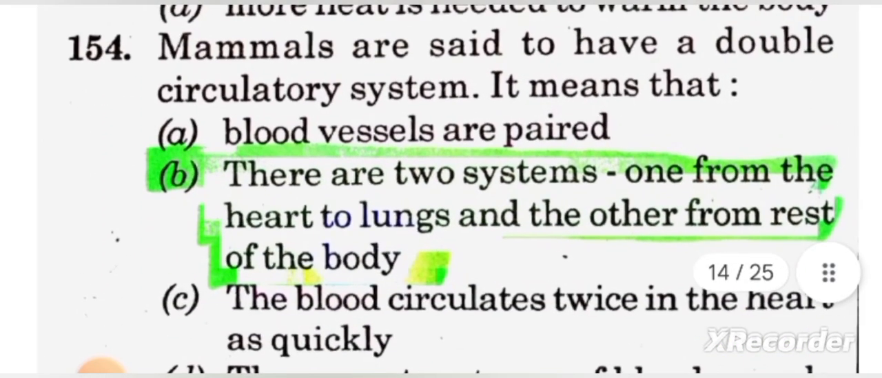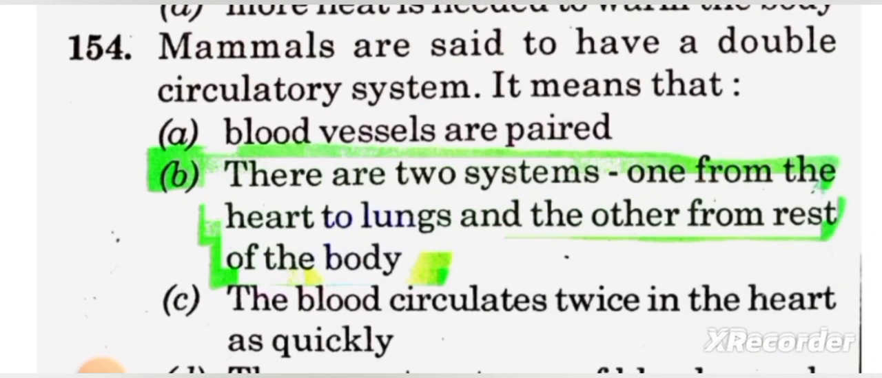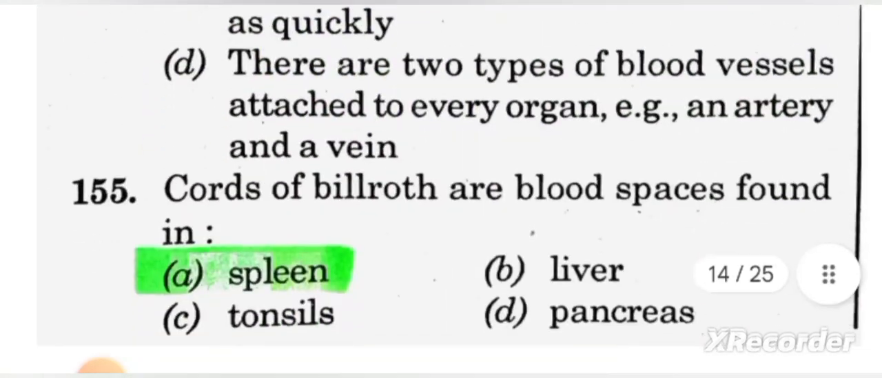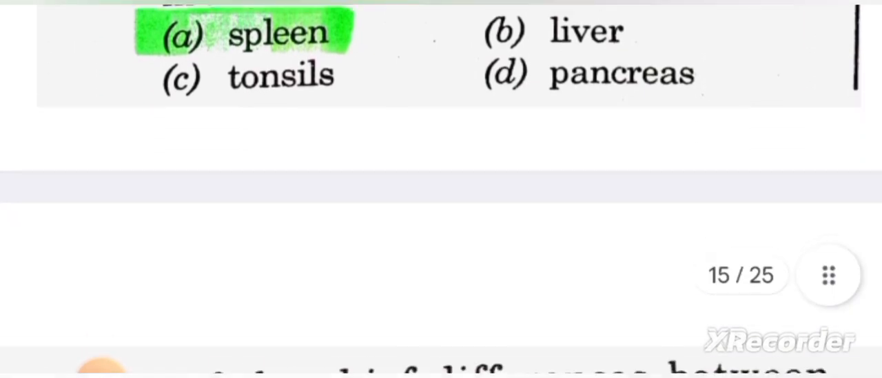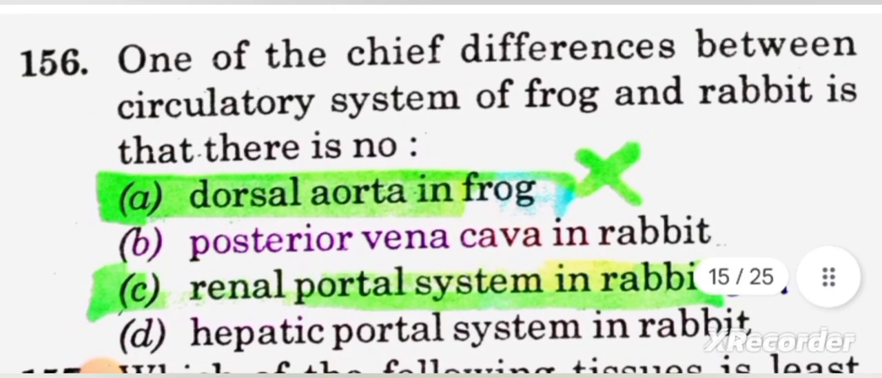Next, 154. Mammals are said to have a double circulatory system. It means that answer B, there are two systems, one from the heart to lungs and the other from rest of the body. Next, 155. Cords of Billroth are blood spaces found in answer A, spleen. Next, 156. One of the chief differences between circulatory system of frog and rabbit is that there is no